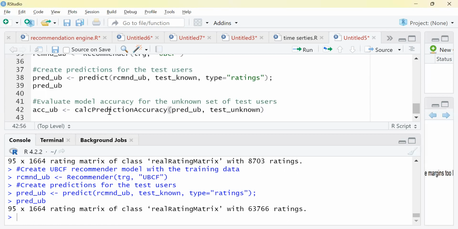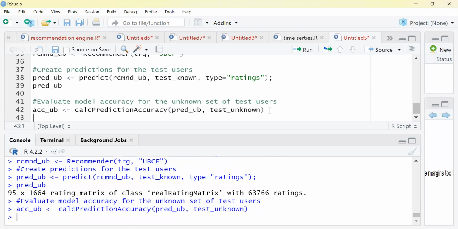You can see here, calculate the prediction accuracy. How will you be calculating the prediction accuracy? The accuracy is calculated by simply comparing the predictions that you have made based on the test known with that of the test unknown. So we are comparing our predictions with the results that are present in the test unknown. If we go ahead and execute this particular object,